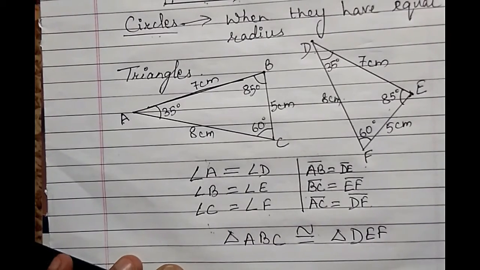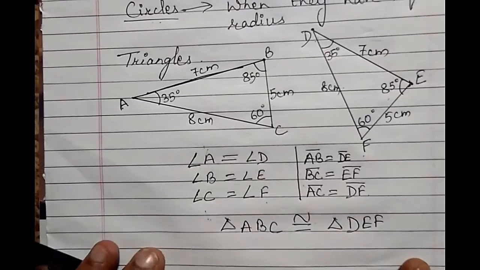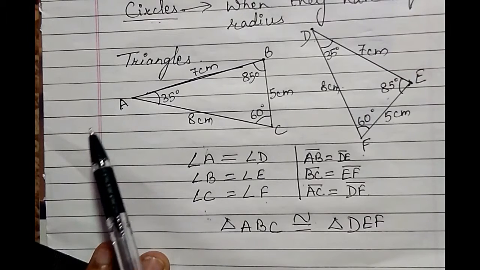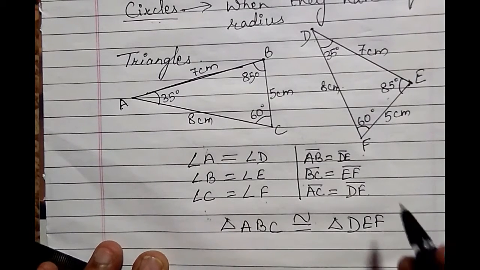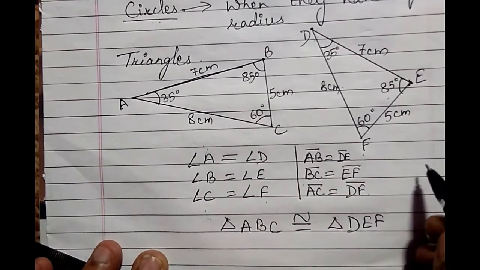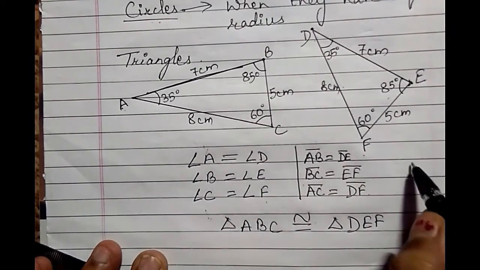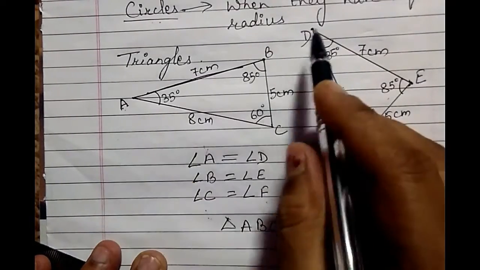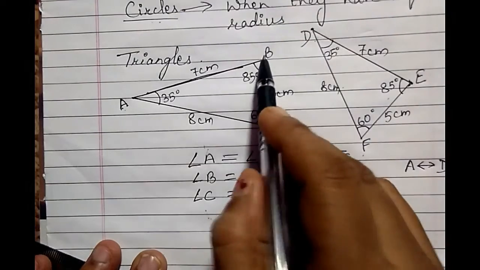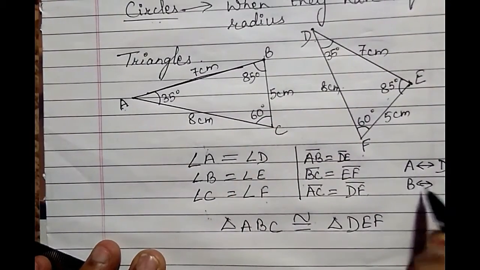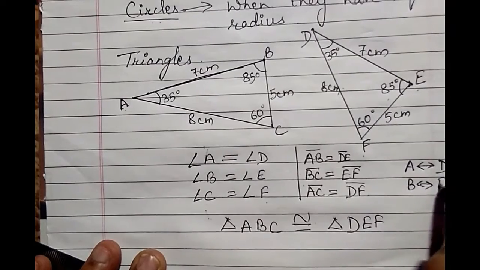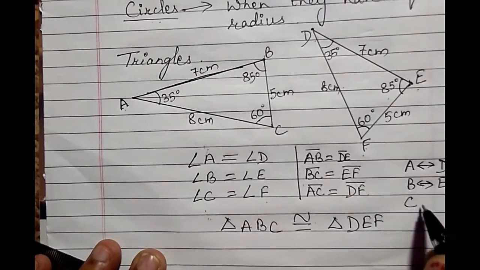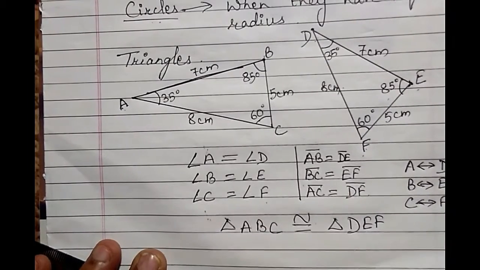But one more thing we have to consider, the points we have to keep in mind is that their sequence is very important. Here, which corresponding points do we have to see? The vertices. If I see A corresponds to, this symbol is corresponds, A corresponds to D, vertex B corresponds to E, C, where the 60 degree angle is made, is corresponding to F. So this sequencing is very important.